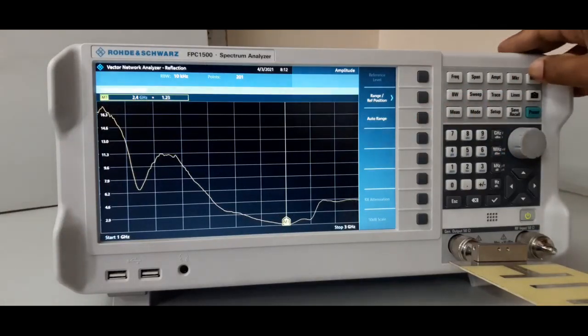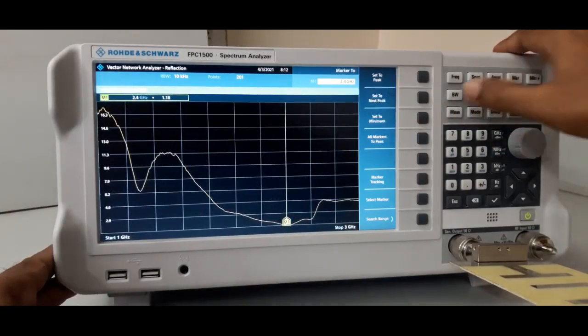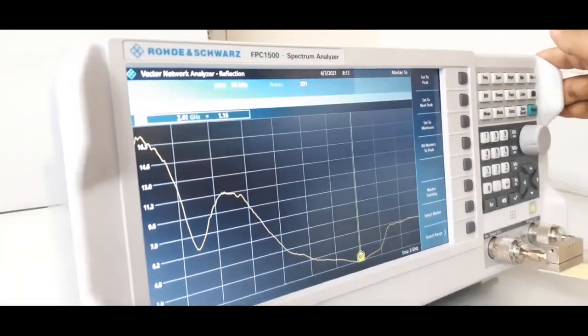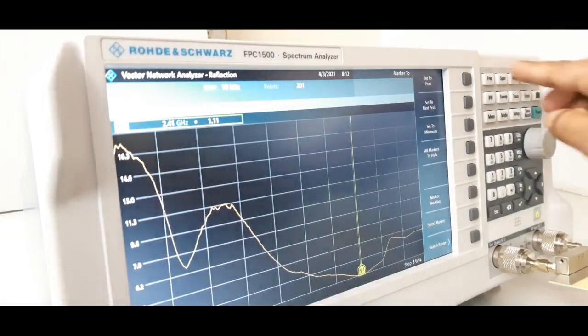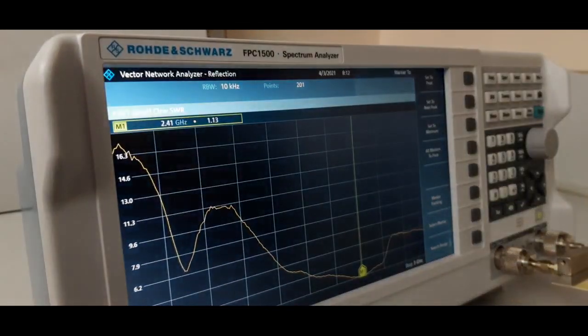So, the lowest VSWR is, I will select marker, set to minimum. Set to minimum. So, 1.14 is the VSWR. See, I selected marker. At 2.4 gigahertz, 1.13, 1.1 is a good VSWR. Very nice.